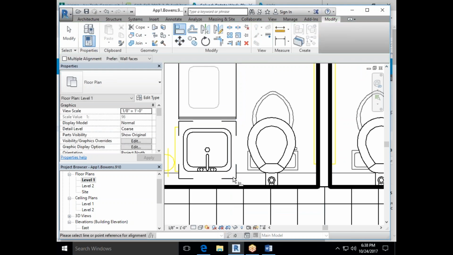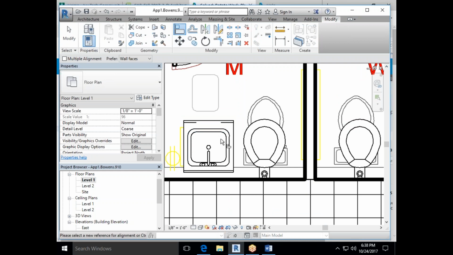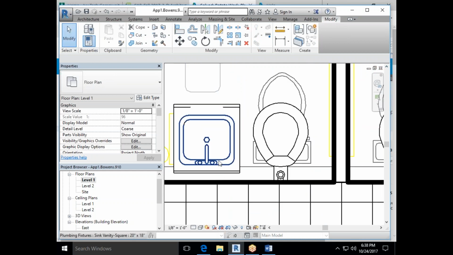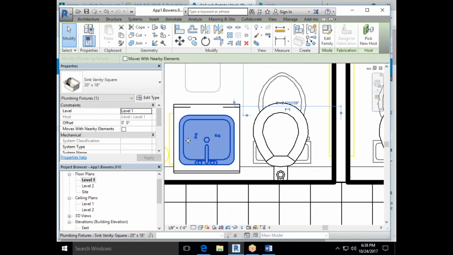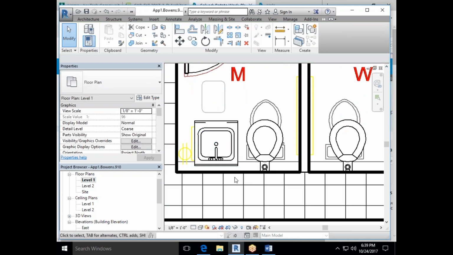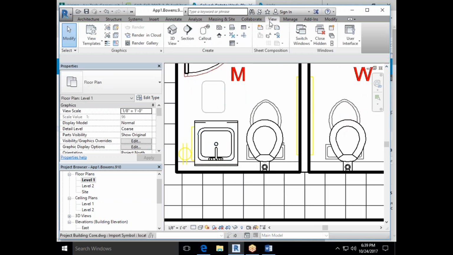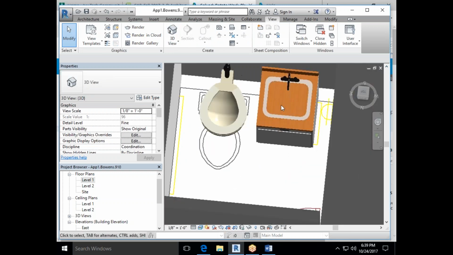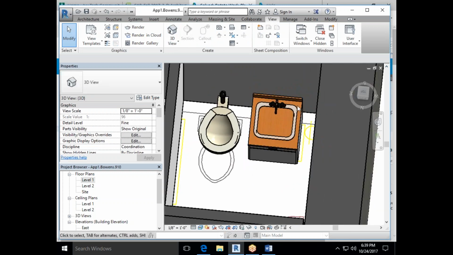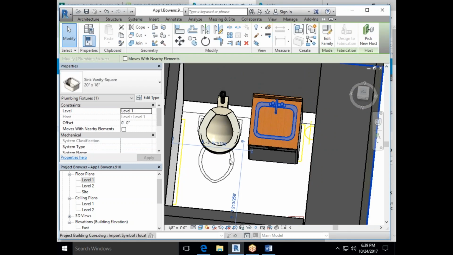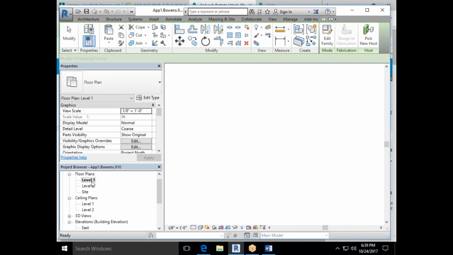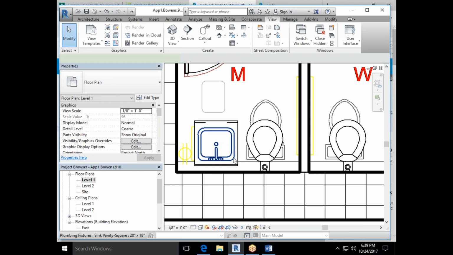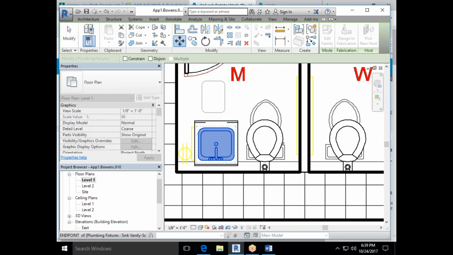And you can do your align tool too. I could align to here, the back edge of that countertop, if I wanted to. So we see the dashed edge in the front, and then he matches up better. Let's look at our 3D view. We have to make sure that our cutout is underneath our actual sink. So let's go back to our floor plan. And if we move him